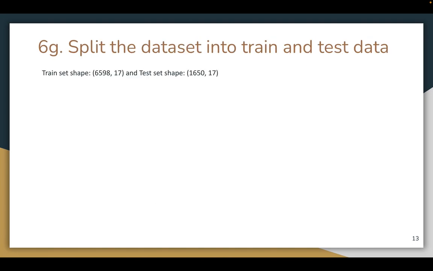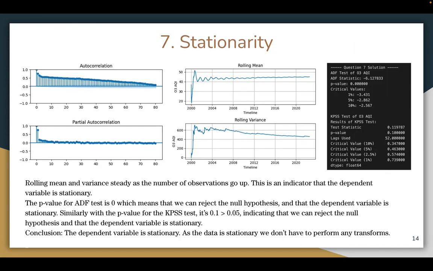Now let's split the data into train and test with 80% and 20%. Let's check the stationarity using ACF, PACF, rolling mean and variance, and ADF and KPSS tests. From the plot of rolling mean and variance, I can say that the values are flattening out, which indicates that the dependent variable is